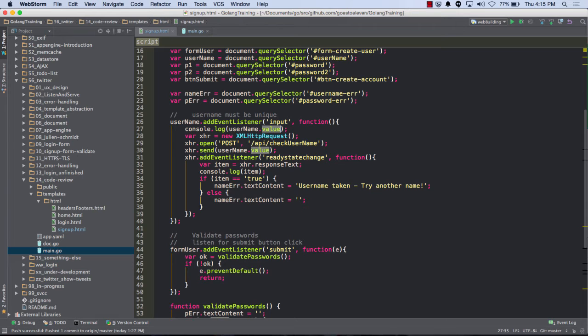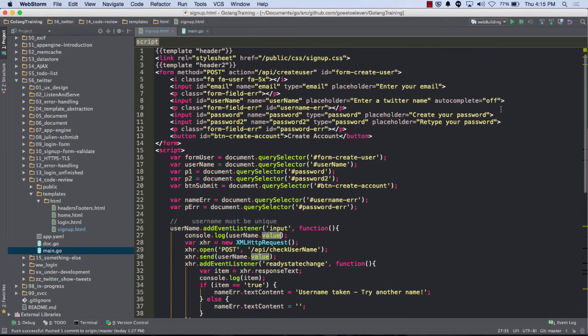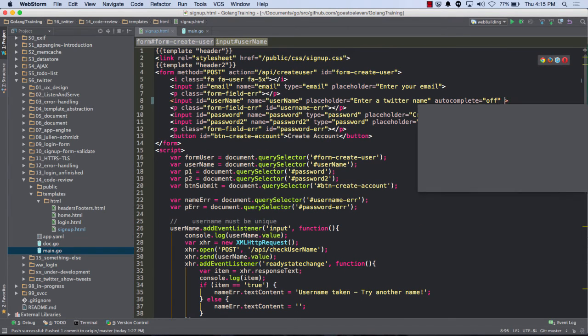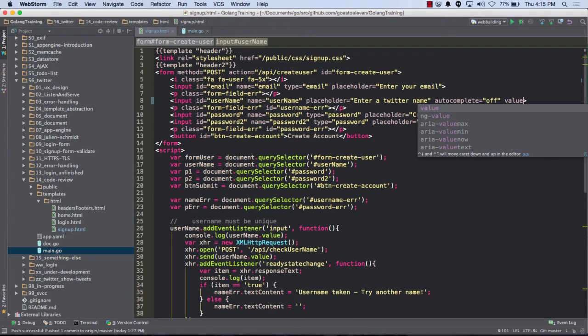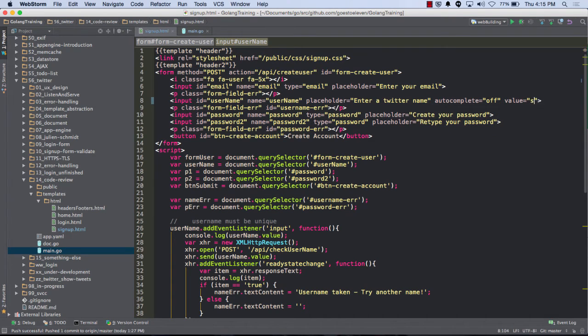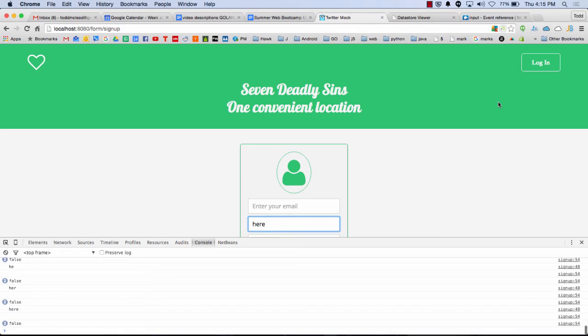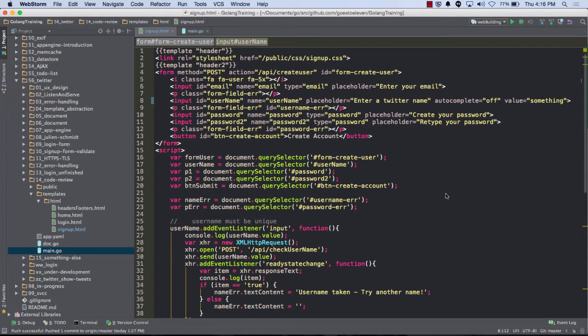So I could start out with a form value here of something. So if I refresh this, the value is now something. It's no longer a placeholder. Placeholder is, as soon as I click in there, gone. Or as soon as I type, gone, right? It's placeholder. But here, I click in here, no, not gone. That's the value. So when you're doing forms, it's like you're getting the value.